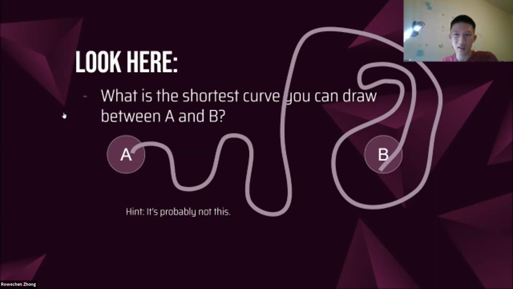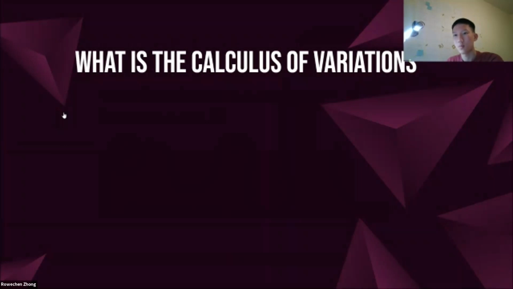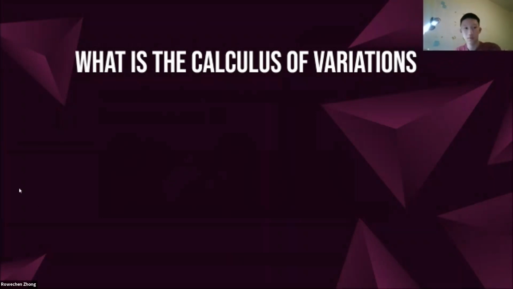A lot of you guys say a line. Not sure how you guys are so sure of that. A line is a curve. Before that, we're going to do some calculus of variations, which you guys are never going to learn in school because it's probably way too advanced. They might teach it to you in college. I'm going to teach it to you right now. What is the calculus of variations?